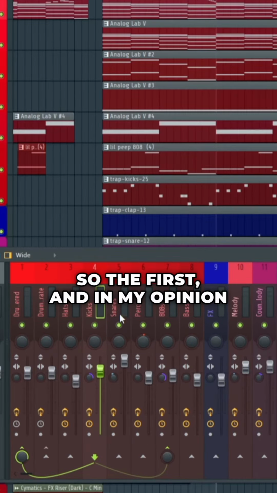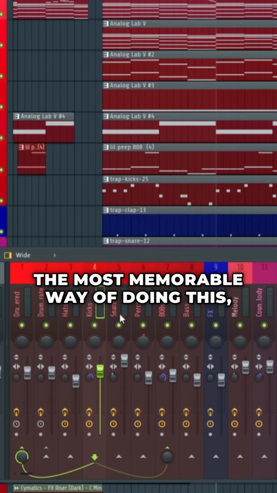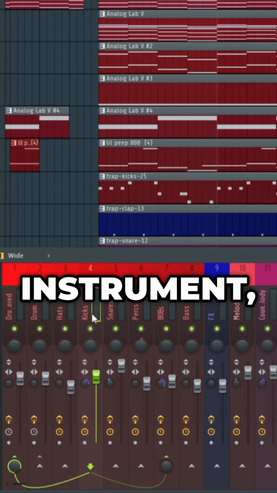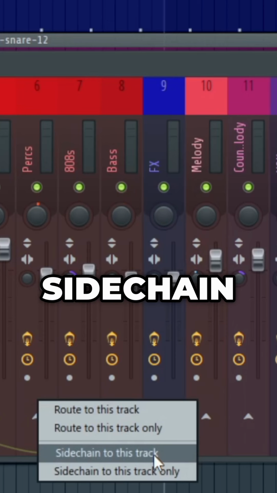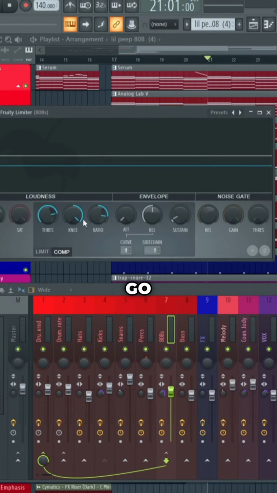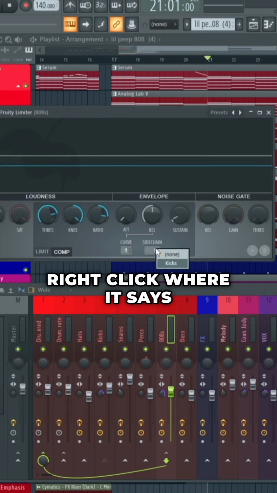So the first, and in my opinion the most memorable way of doing this, would be by going to your kick, right-clicking at this arrow on the 808 or the bass to leave room for a specific instrument. In this case it would be the kick, and then choose sidechain to this track. Next, go to your bass, open up Fruity Limiter, go to the compressor, right-click where it says sidechain, and then